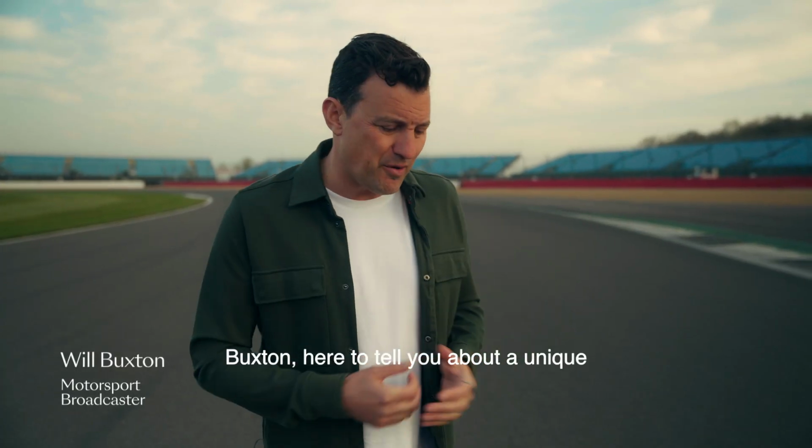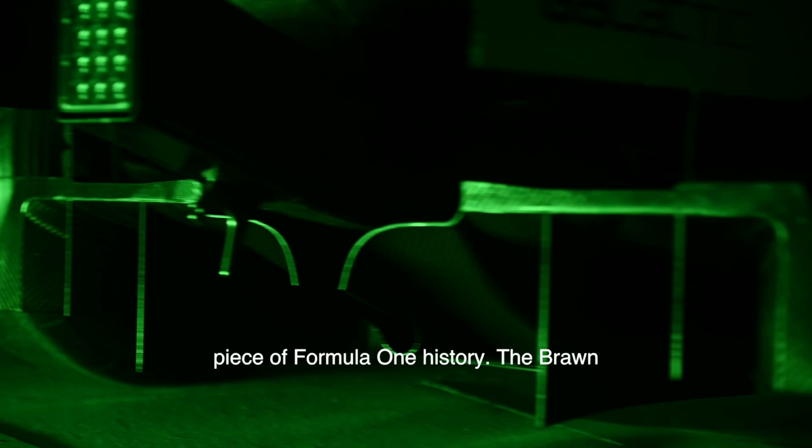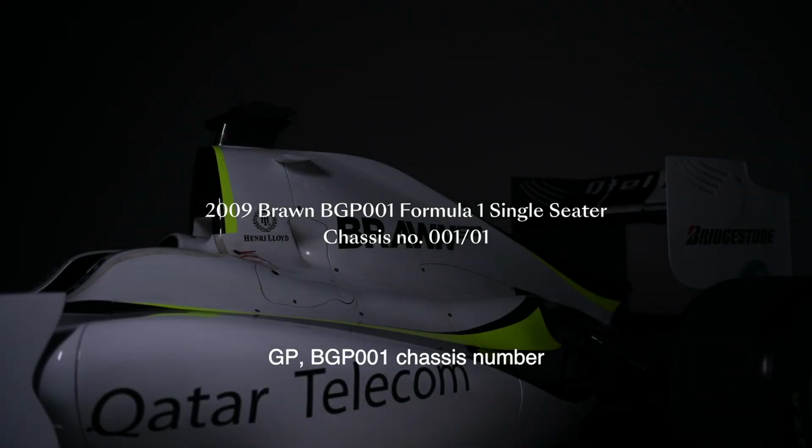Hi, I'm motorsport broadcaster Will Buxton, here to tell you about a unique opportunity to own a piece of Formula One history. The Brawn GP